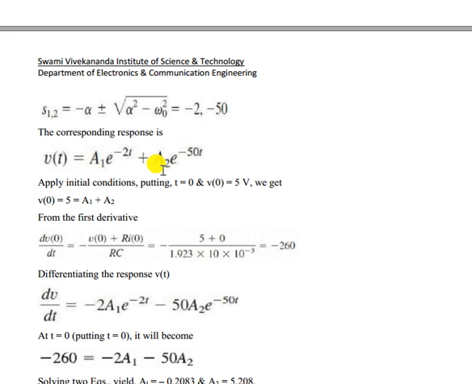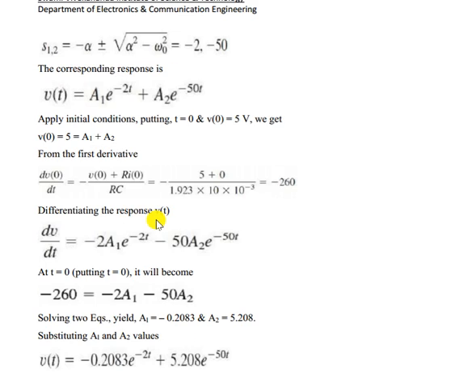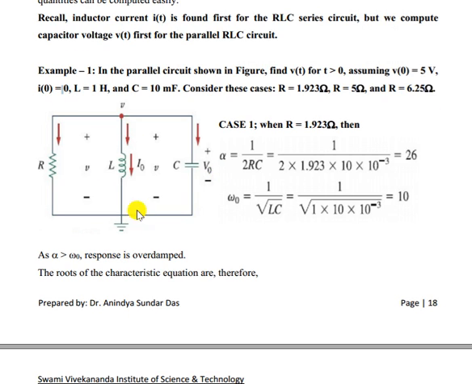Now we have to find A1 and A2. For that, the first thing to do is put t equal to 0 here. So V(0) equals A1 plus A2, since e to the power 0 is 1, equal to what? V0 we already know, this is 5 volts. That is the initial value of the capacitor voltage. So we got one equation, A1 plus A2 equals 5. But to solve it, we need another equation. For that, we have to find dV(0)/dt. Now dV(0)/dt is minus (V0 plus R I0) by RC. So if you put the V0 value, I0 is 0, as given in the problem. I0 is 0. Okay.